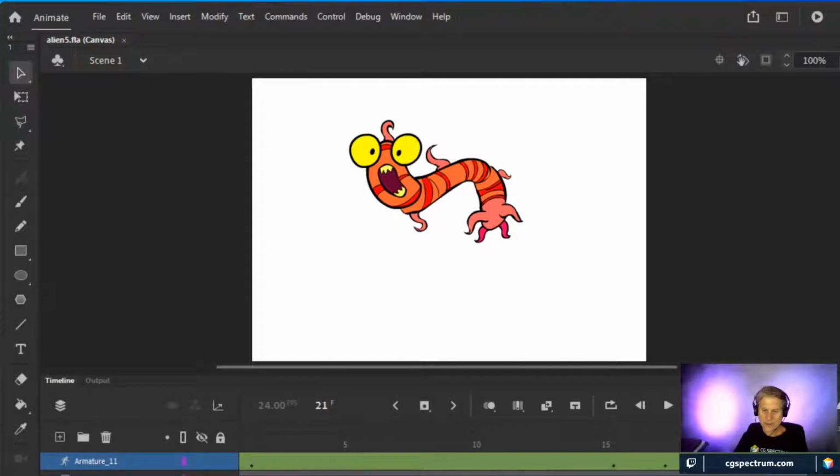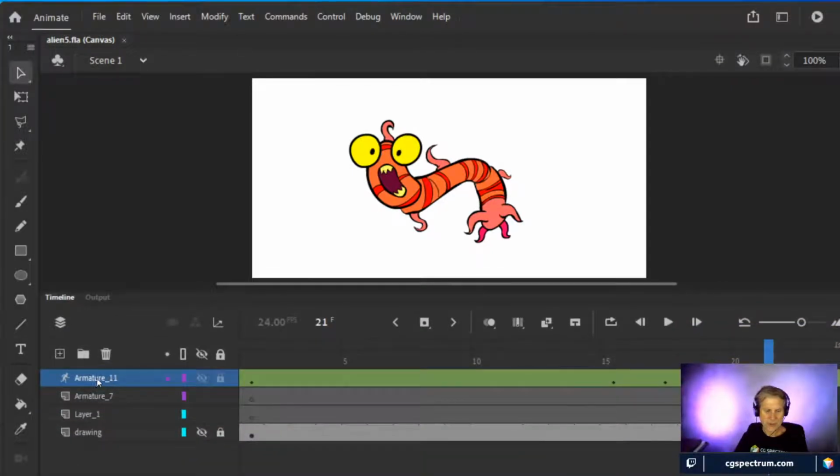I think what I'll do is maybe I'll just get rid of the armature layer, and you guys can see if you're interested in that. You can see how it was sitting. Nah, it's not going to let me do that. If I get rid of the armature, it'll get rid of the whole thing. So I'm not going to worry about it too much.